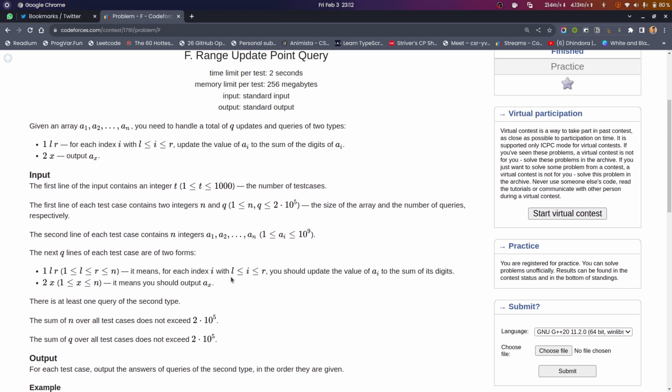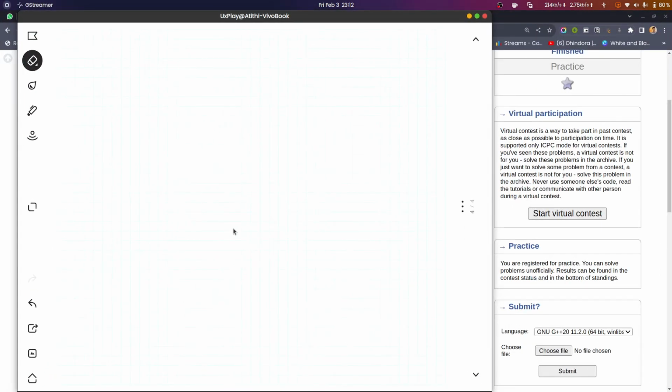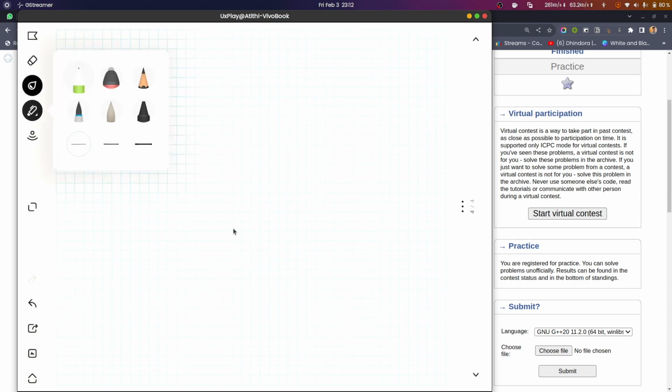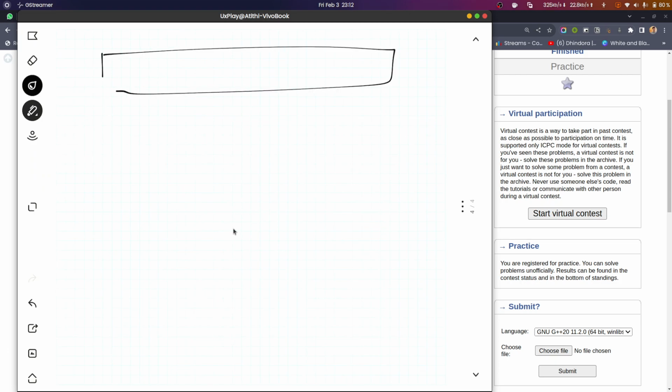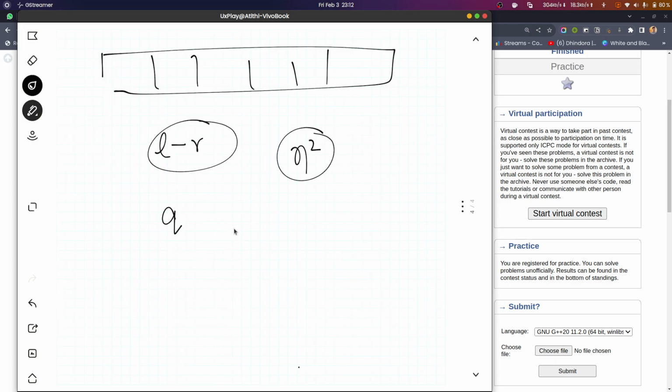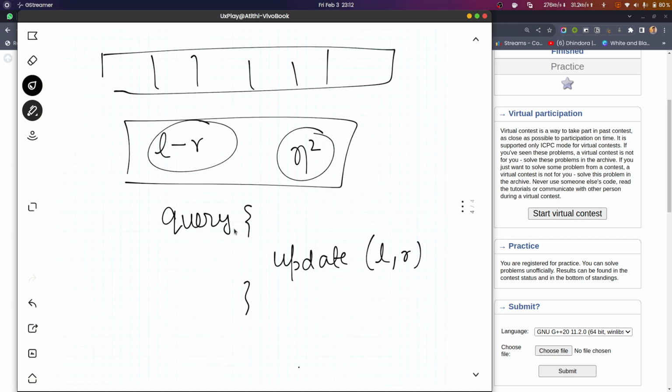Okay. So the first thing that can come to our mind, a basic approach, is this: we have been given n numbers, right? And for every query, for every L to R, I can just update everything. This can be a very basic approach, and it will run in O of n squared. But we need to find something better in order to pass this test case.